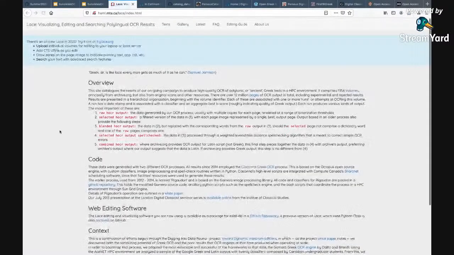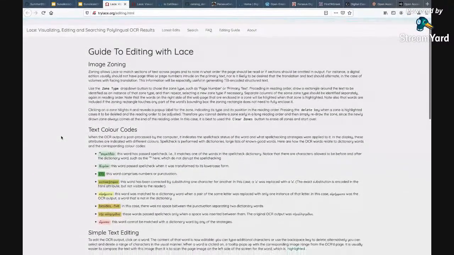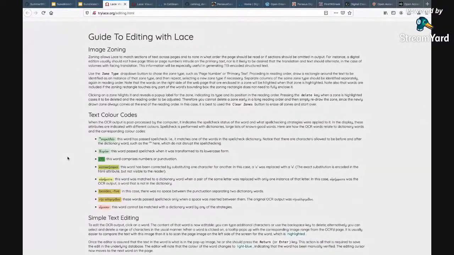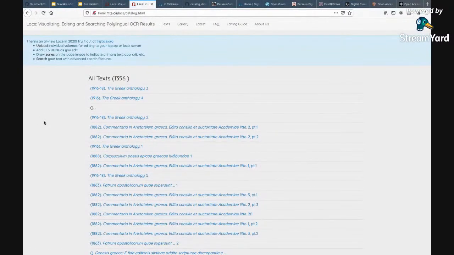And through the website, in this case, you can find the complete description of the method used for performing optical character recognition of ancient Greek sources, editions of ancient Greek sources. And the interesting thing is that through this resource, you can access many OCR outputs, and you can also experiment with editing OCR outputs. And through this resource, you can access a rich collection of editions of ancient Greek authors that have been digitized, OCR'd, and through this resource you can